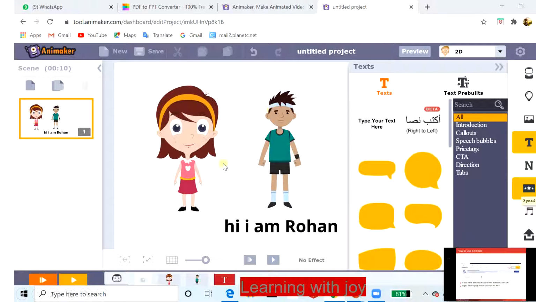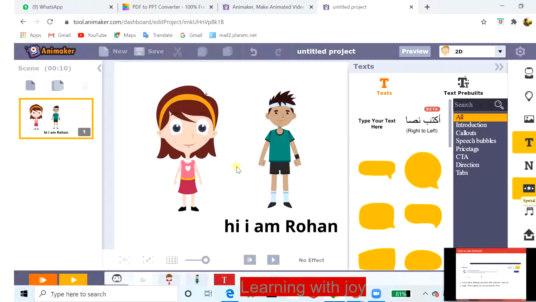After that, I want to write some text. I have taken this text box and written here, hi, I am Rohan. If you want to say something about this girl, again take a text box and write here, I am Reena or Tina, whatever you want to put. Done with this. So any text. Now I have taken a simple format of text. You can choose this template, like a chat, like we get in a comic magazine. You can take an option from this.